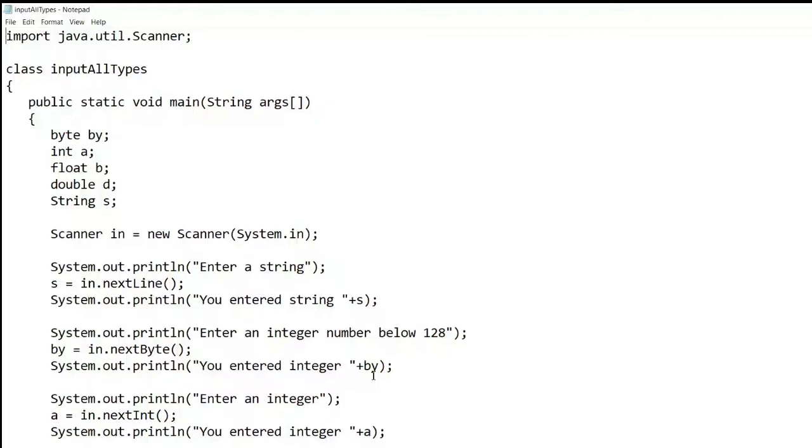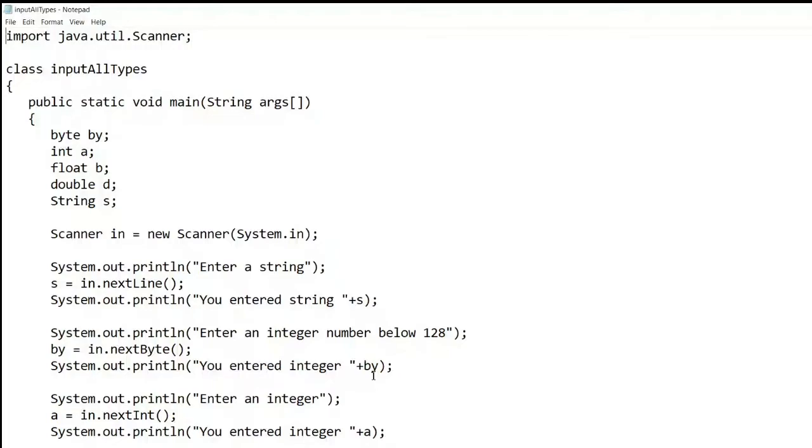If you are using a predefined class name, it must start with a capital letter. Clear? System.in is also a class which is used with Scanner to take input. Similarly, in the println statement, it is written System.out. System.out is a predefined class where the println method is present. So to take input, it is System.in, and to print the output, the System.out class is there.